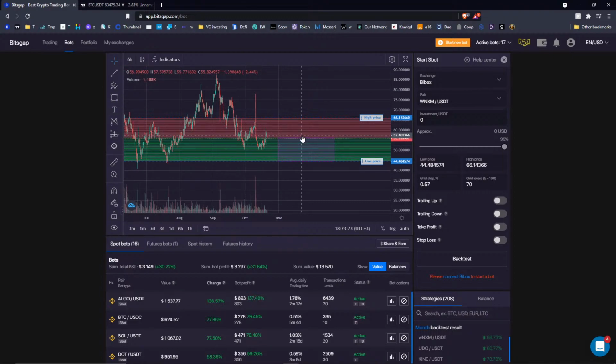Okay, so with bots you don't need to be that perfect in timing. You don't need to be 100% sure that in the next 5 minutes the price is gonna skyrocket. No, with bots you can still expect the price to fluctuate lower or higher, and that way you can capitalize on it, because when the price falls it just buys at a better price, and once the price goes higher, it's good because before this rally you accumulated more of the base currency at a lower price, and now it is appreciating, which is good.